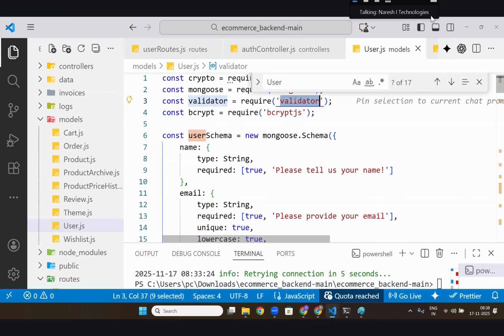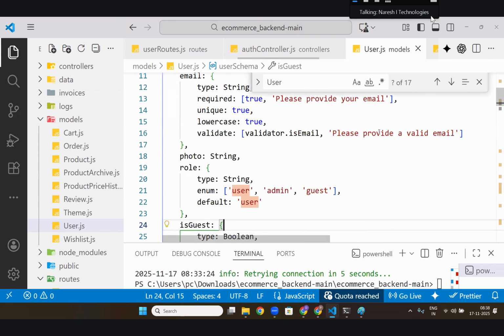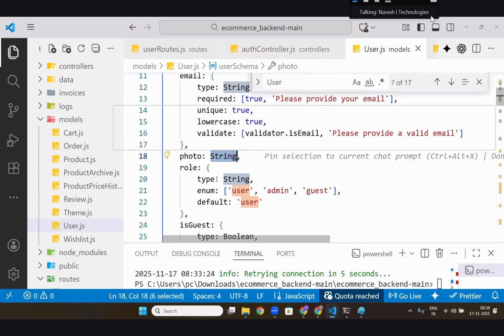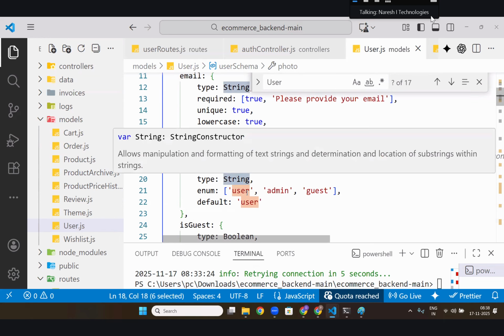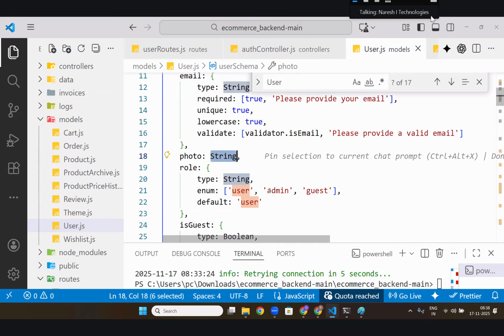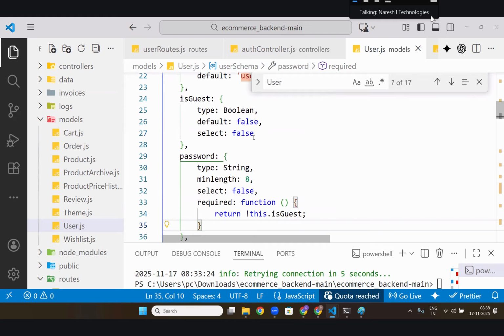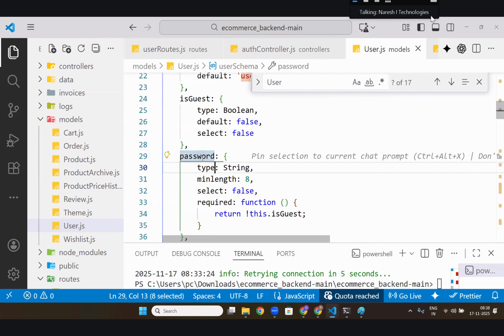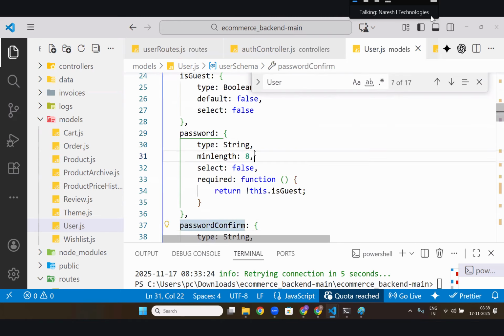I told you, whatever inputs you are giving, it should check them. Those details it will check. If it is not correct, it will say please provide a valid email. He also takes one photo, a string. He also takes a role, which is like user, admin, guest, or something of that kind. Is guest true or false? And here password, he will give some password, with a minimum length of 8 characters.